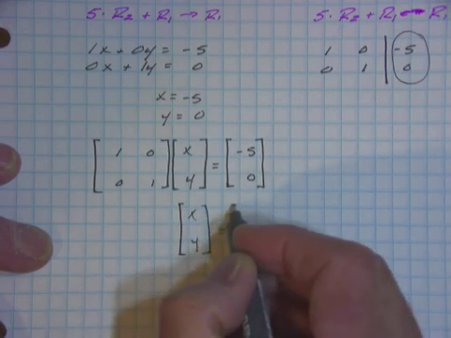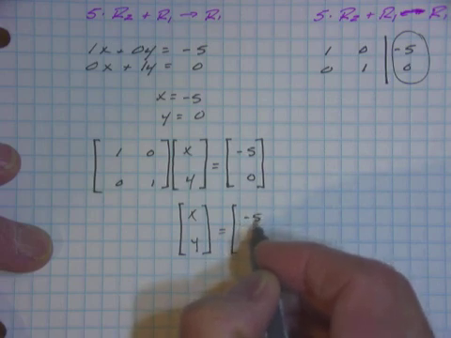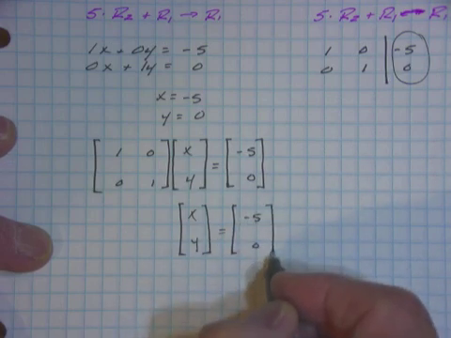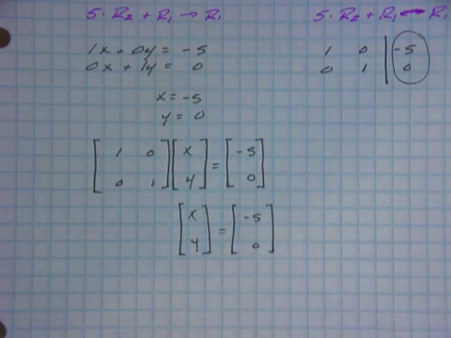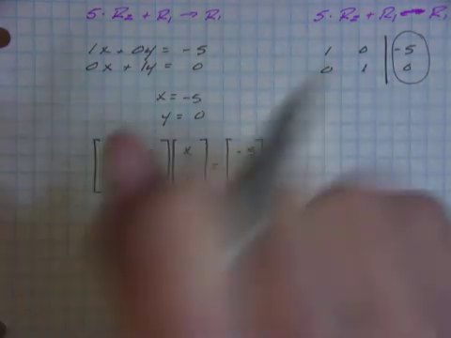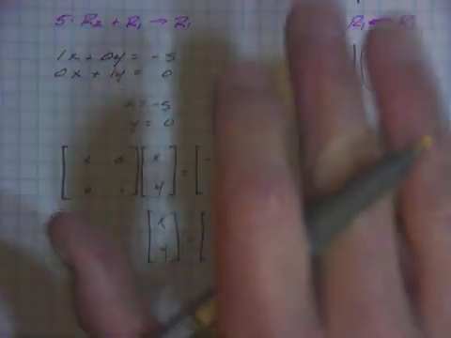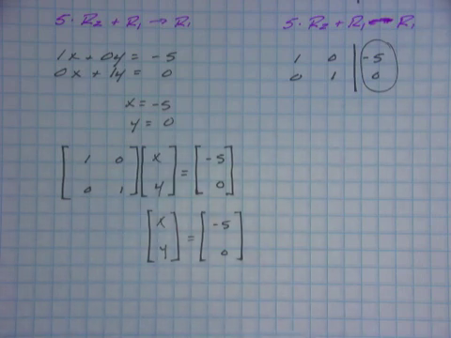That identity matrix times the x, y gives you your answer of x, y equals negative 5, 0. So that's how Gauss figured out how to